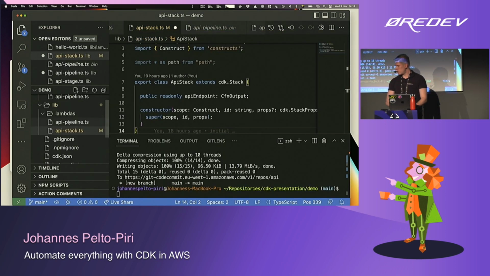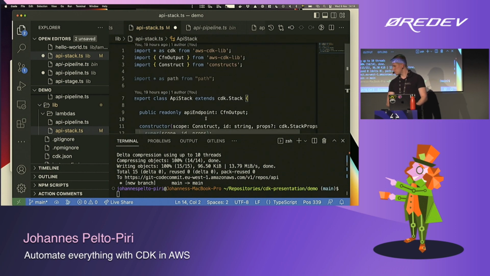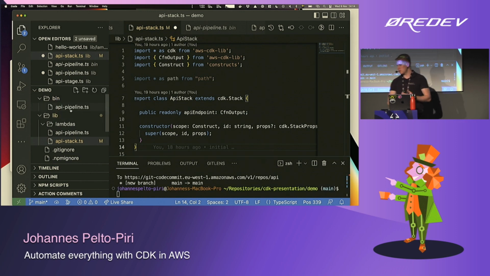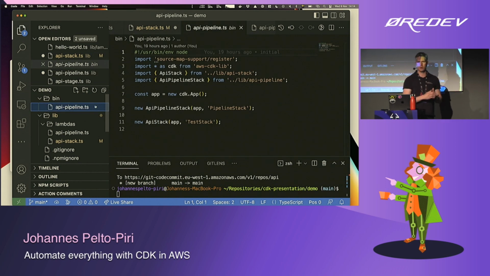So what I have here is, let's make this one a bit smaller for now. What I have here is an initial pipeline application that will deploy a pipeline, and it will deploy an empty stack, right? And we will add a small API in it. And the pipeline itself